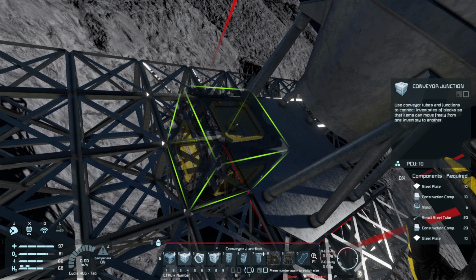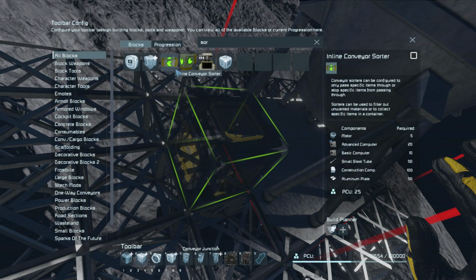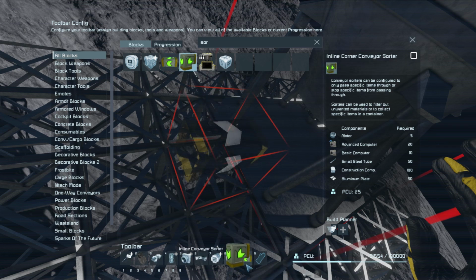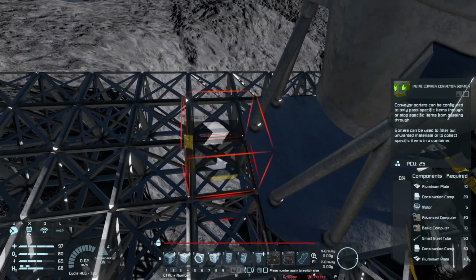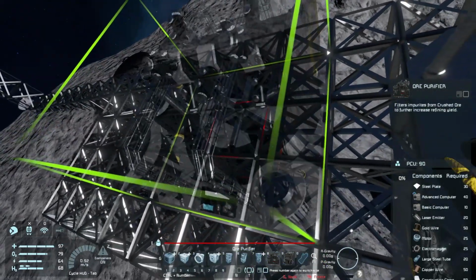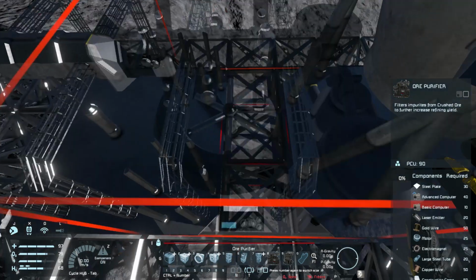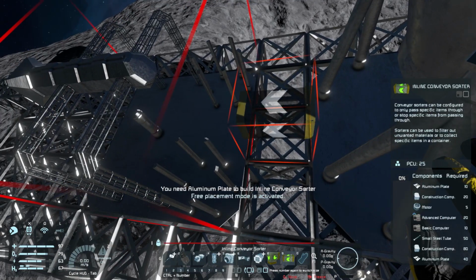Now, what kind of conveyor would this be? This would have to be the sorter. We're gonna need a few of these here. Let's get one of the curved ones as well. So from the rock crusher to the ore purifier, the ore purifier has a connection point right there that I'm going to turn around, and we're going to use the lower one so we can have that sorter facing...